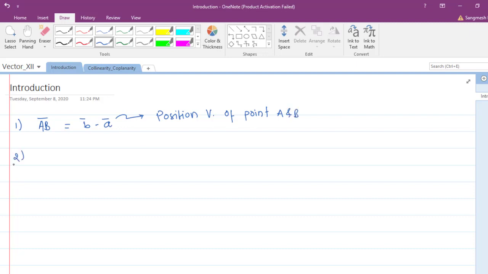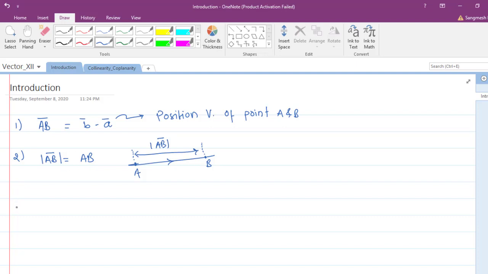Next part we have seen the magnitude or the length of any vector is given by mod of AB bar. Suppose you have this vector, this is a point A and this is a point B, then this much part is known as AB bar with a direction, very important, and the mod of AB bar is nothing but the length between this point A and B. So this part is nothing but mod of AB bar, and it is also denoted as AB, only AB, without any bar. So this becomes a scalar quantity. That's why our magnitude is a scalar quantity.